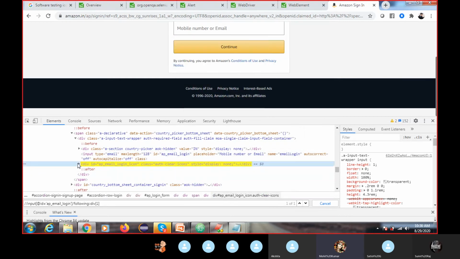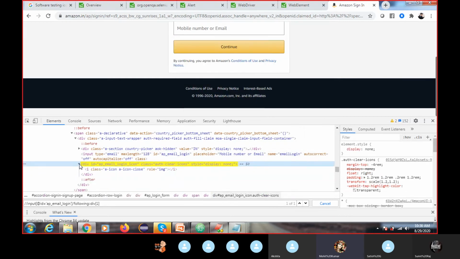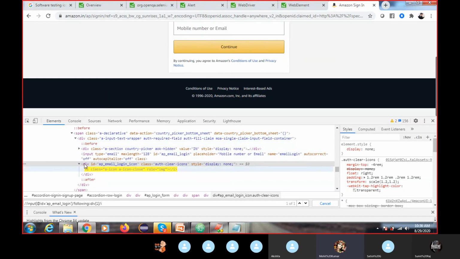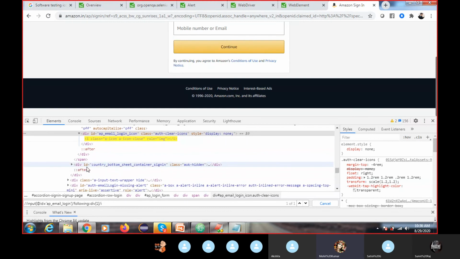Now I want to go inside this div. What is inside this div? We have the I, so this is your child. And this node where I was coming from is the sibling of this node. That's why I use siblings. Got it, right? Like that you can validate the code.